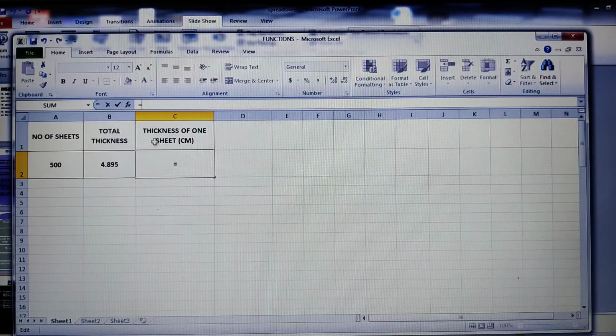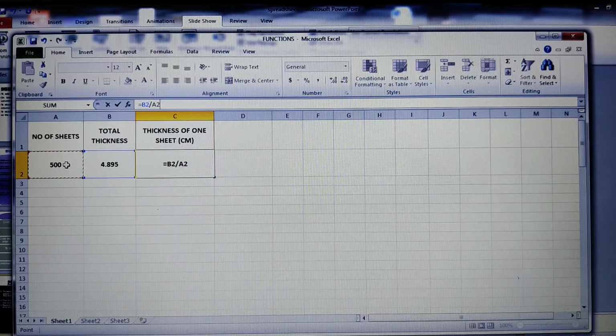See, one thing is you can place the cursor over here and you can start typing. Otherwise, click onto the formula bar and start typing equals to. So manually, if you want, you can type B2 divided by E2. This is my formula. Instead of that, I'll just click onto this and place the division operation and then place the cursor on the A2 cell.